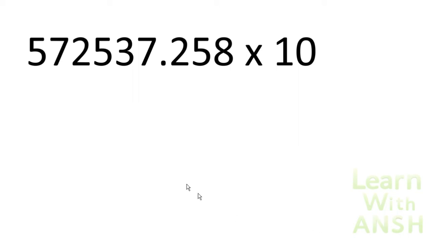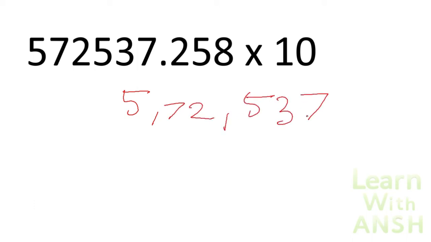So here we have 5,72,537.258. Now if we multiply this by 10, the decimal point will shift one place to the right,